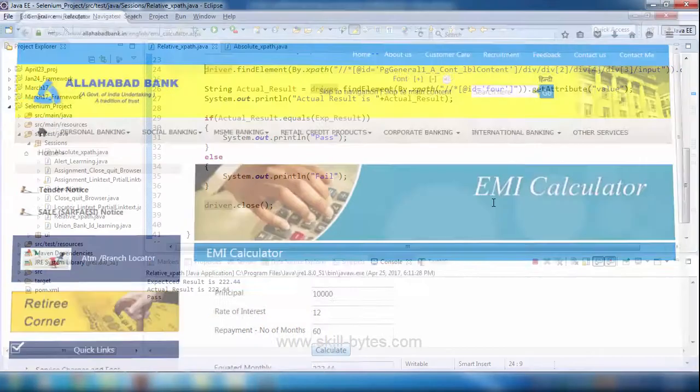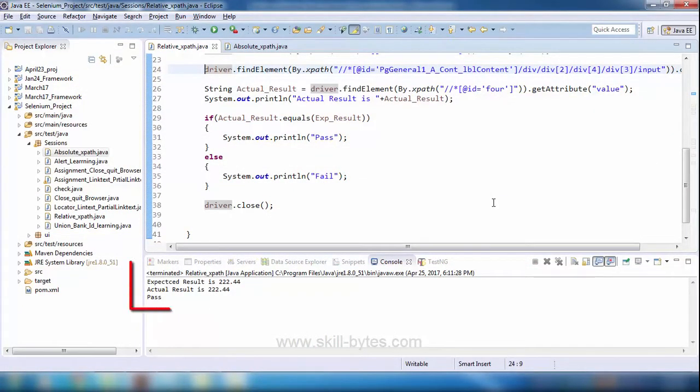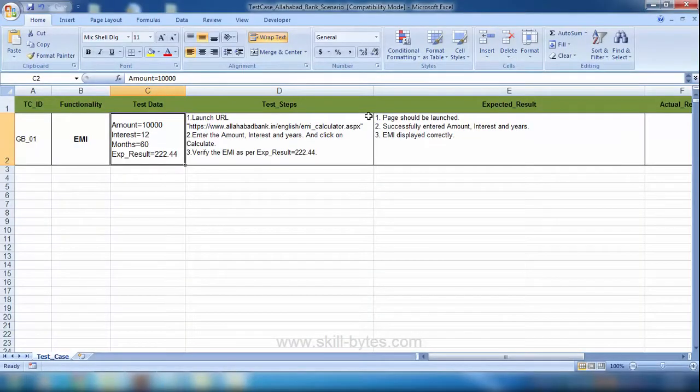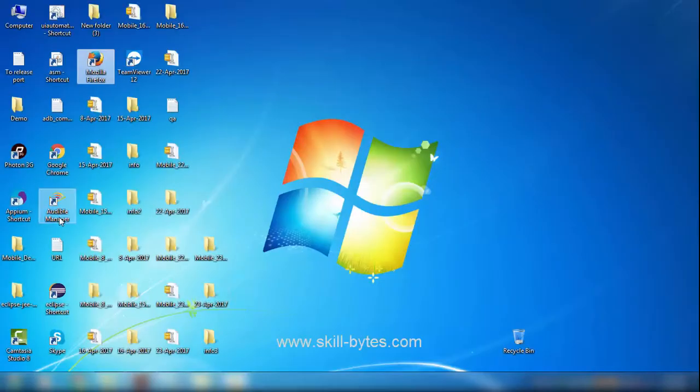Okay, if you see here, like our absolute XPath, right, it had no difference in the execution time and all those things. Now the next question generally people have is which one to use, whether to use absolute XPath or whether to use relative XPath. For that, the answer would be always go with relative XPath, because what happens is, supposedly if